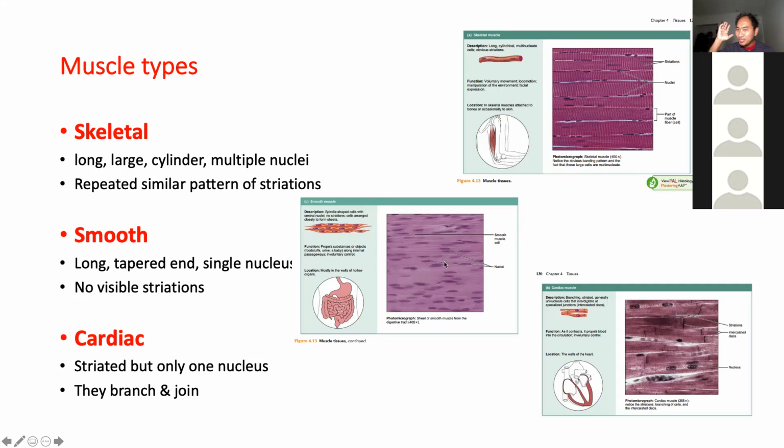Just be a little bit cautious at that point. But if you see the skeletal mast cell, you know that this is not a connective tissue. If you look at the cardiac mast cell, you know that that is not a connective tissue. It cannot be epithelial tissue, and therefore it must be muscle tissue, because the last remaining type of tissue is